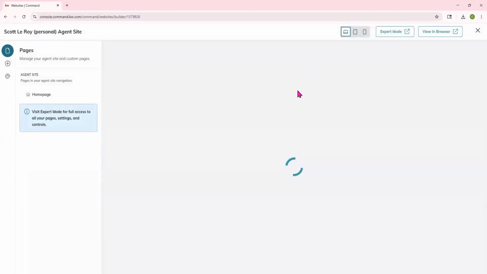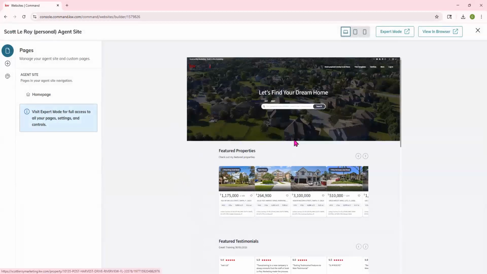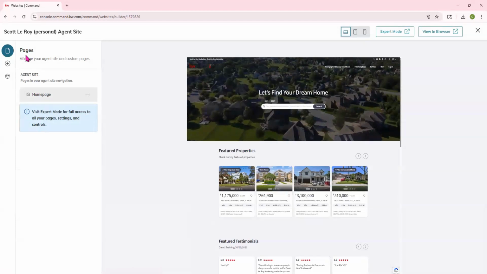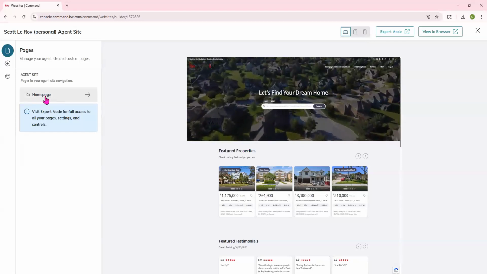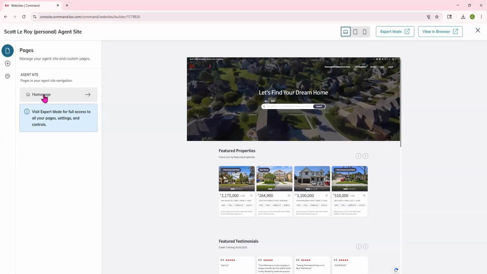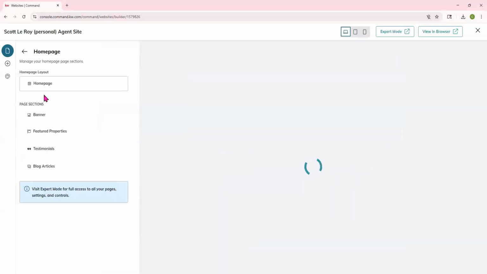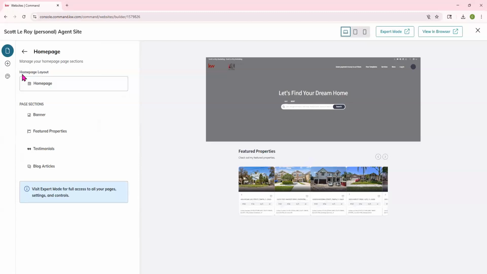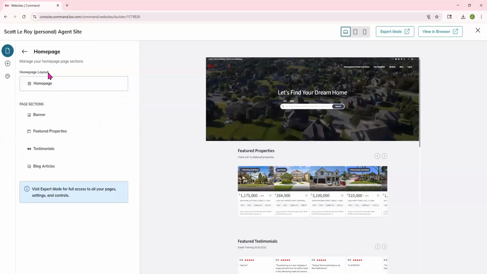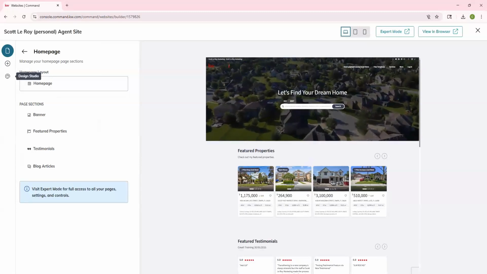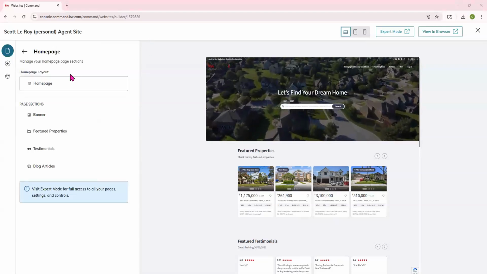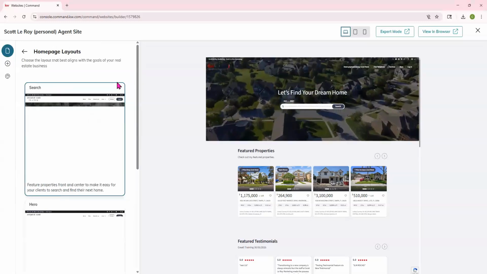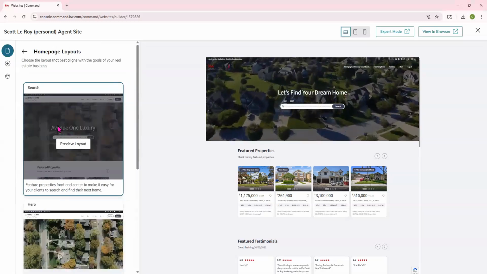And once we do that and allow this to load, you'll see that we have a preview of our current website, okay? On the left-hand side, we can view the current pages we can edit within Command. And the one here that we can edit is the home page. So I'm gonna go ahead and click that. You'll now see that there is a homepage layout option, okay? And with that being said, there are 3 different layout options available now. If we go ahead and click that, you'll see that we have those 3 different options